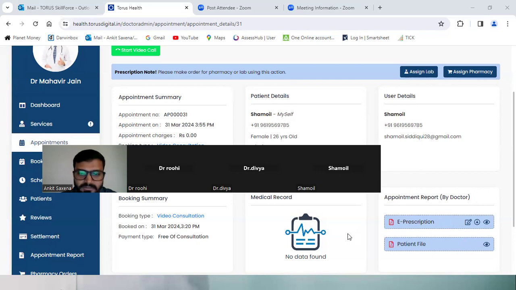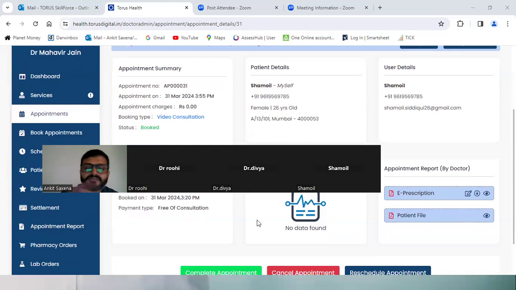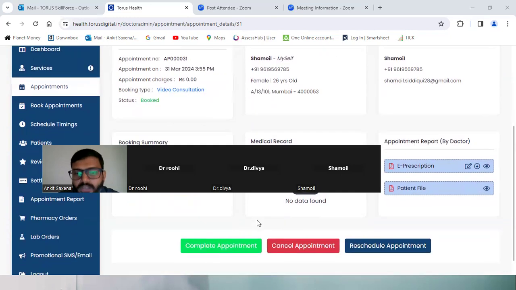Then afterwards, you will again get an option to add the prescription. If you have not added the prescription and have simply clicked on complete appointment, the appointment will get completed. And for that matter, if you have started the video consultation and the patient failed to attend, you can also cancel or reschedule the appointment.